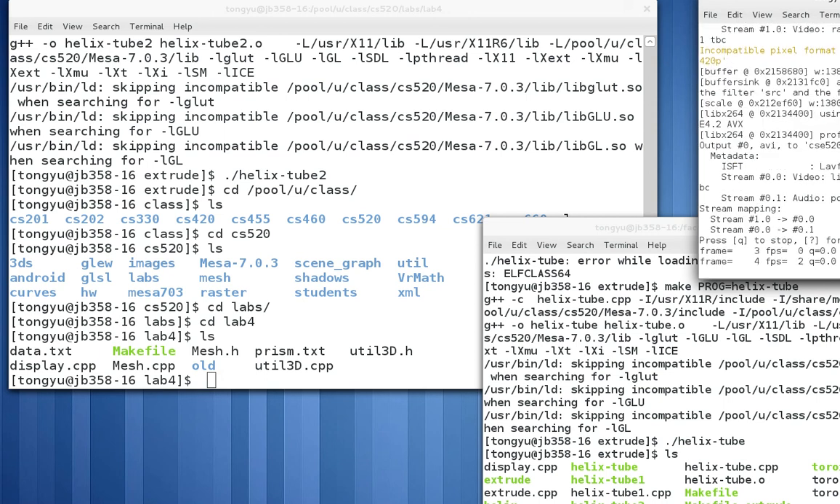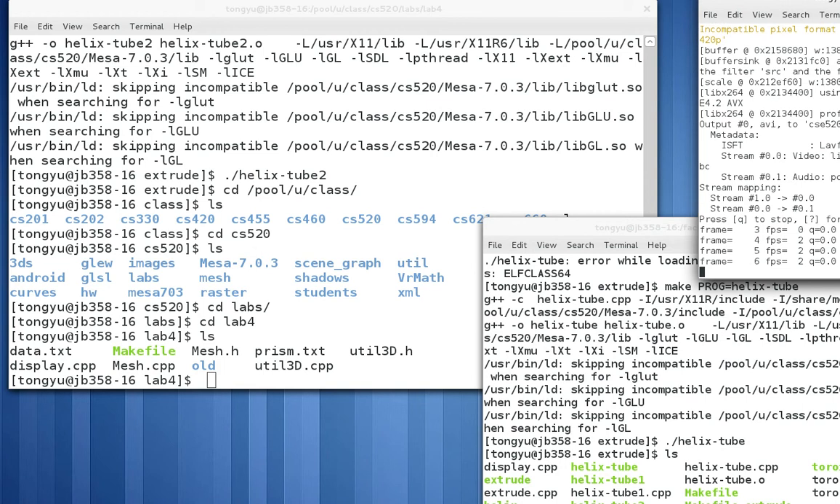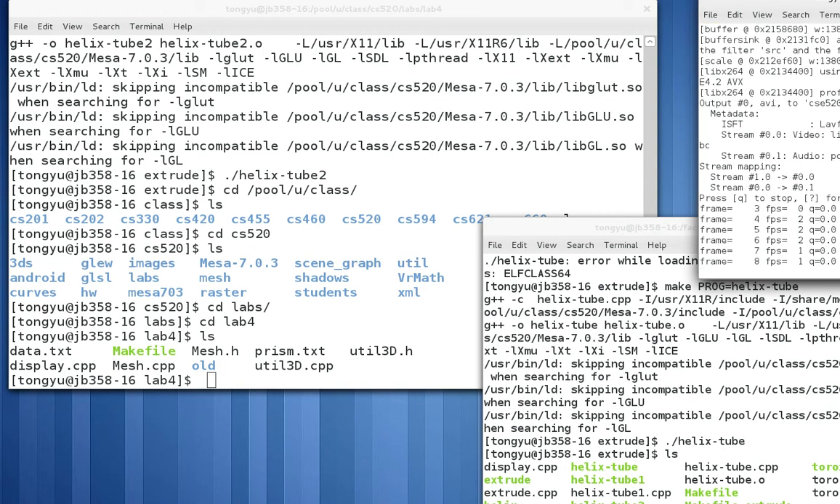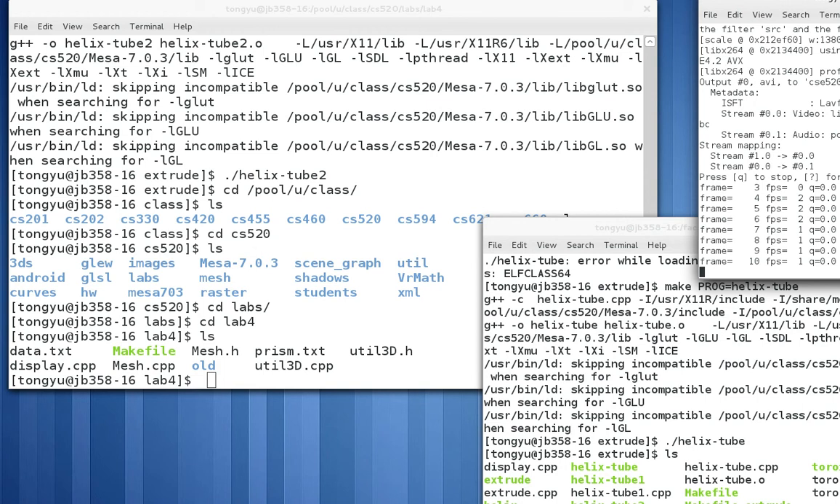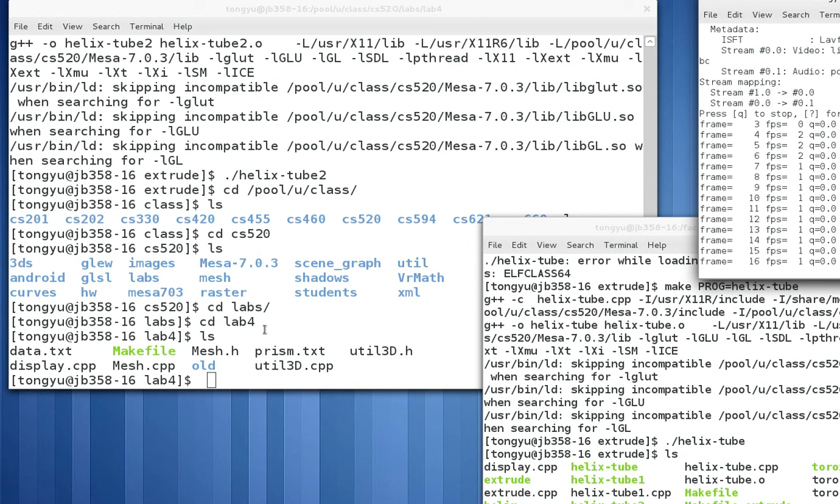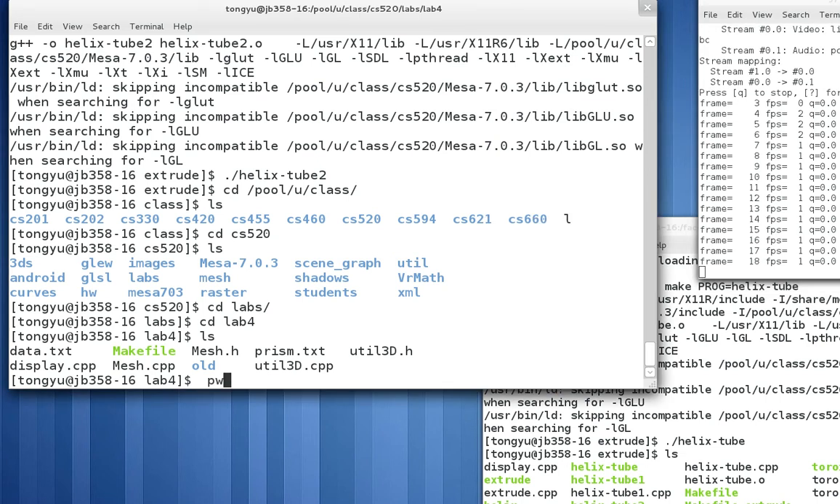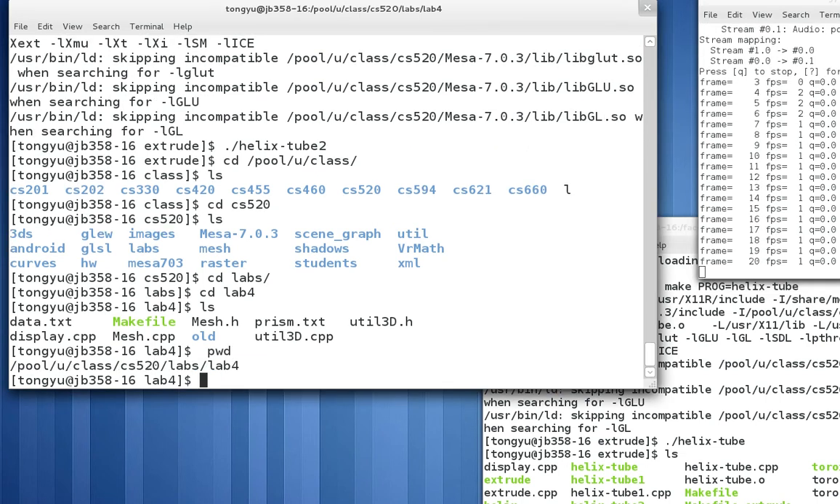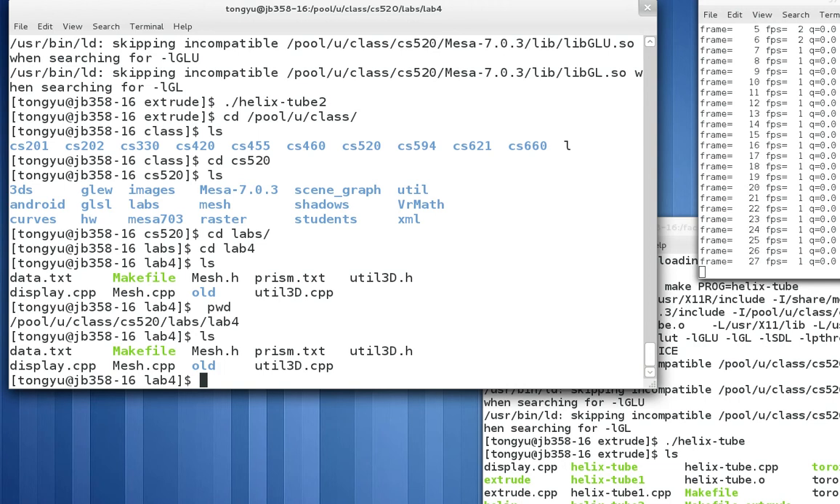Hello, this video is to show you some files about extrusion. This will help you to do lab 6, how to draw the prism. Now I have some files in this directory, pool, u, class, cs520, labs, lab 4, and from here you can